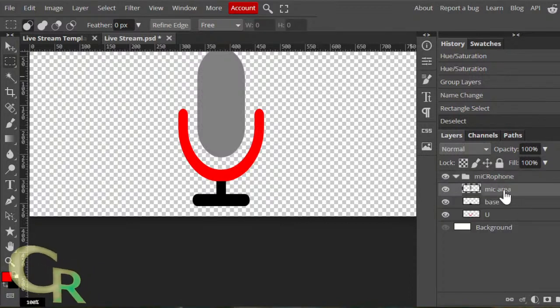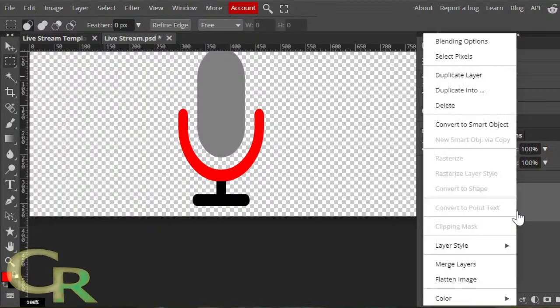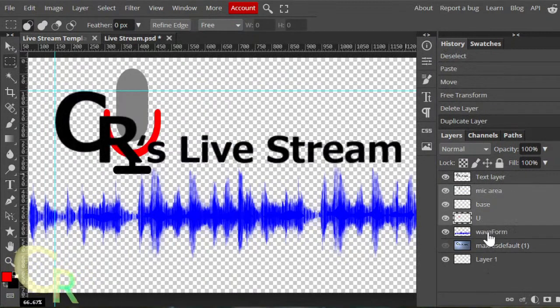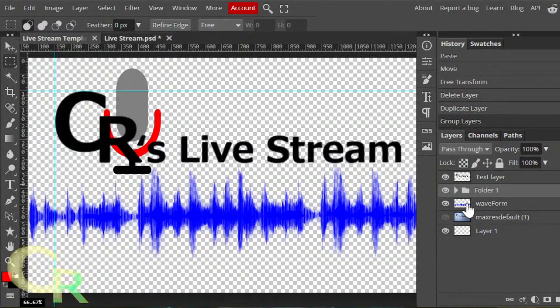So let's see here. I don't know if I can actually copy all the layers. I guess we'll see. Oh yeah, I just copied all the layers, and they're in there. Now, since that's still selected, I can select new folder, and it'll put it into a new folder.